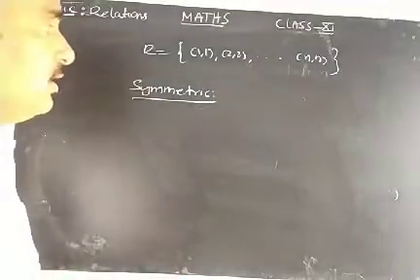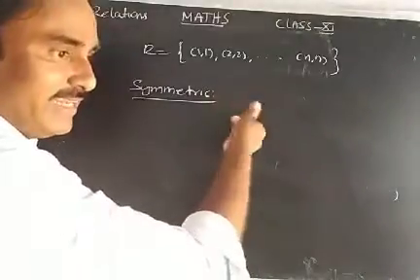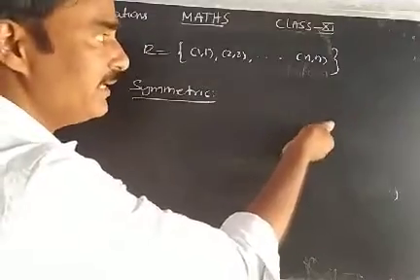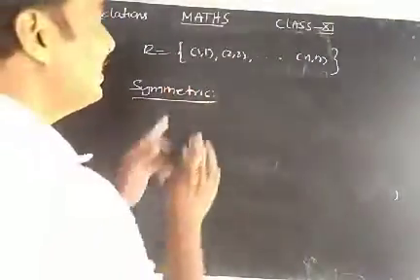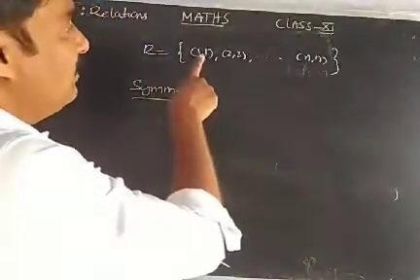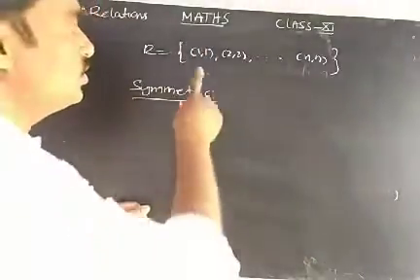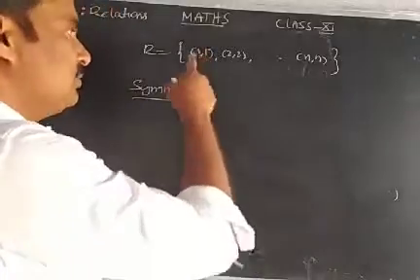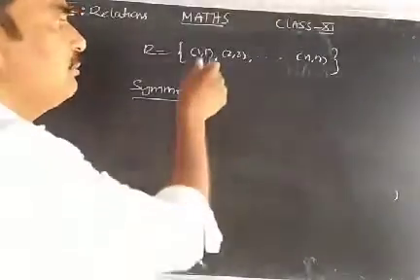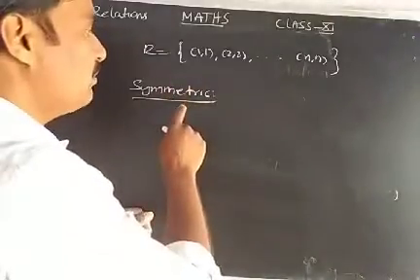How to check the symmetric property? What I said: to check the symmetric property, take one ordered pair and interchange the coordinates. Again, a new ordered pair will form. Does that ordered pair belong to R or not? You have to check for each and every ordered pair. And one more thing I said, if the elements are the same, there is no need to check the symmetric property. If the elements are different, then only you interchange. So here, if I take (1,1), interchange, again (1,1); (2,2), again (2,2).